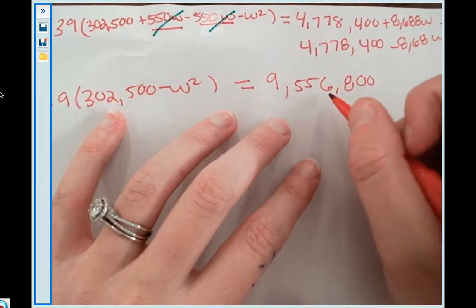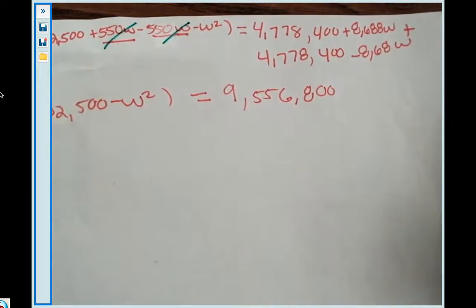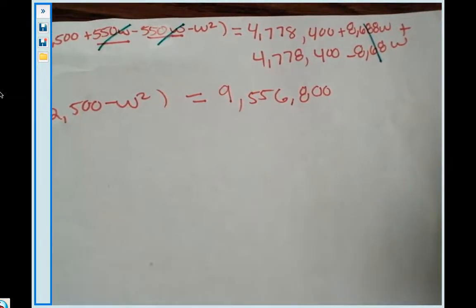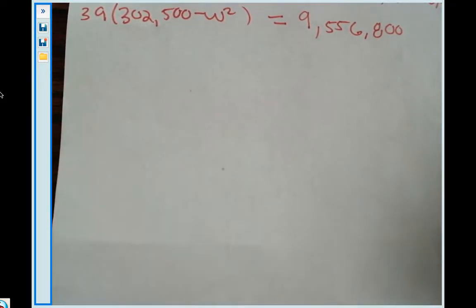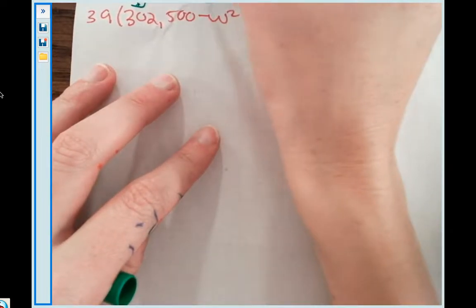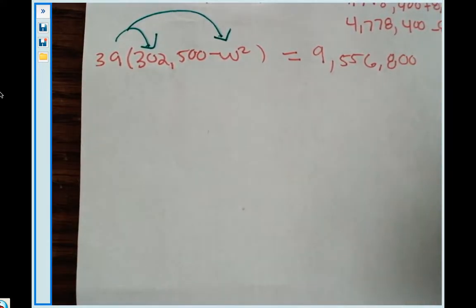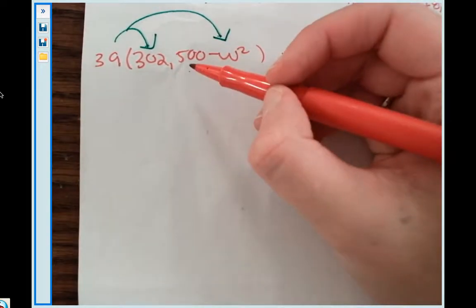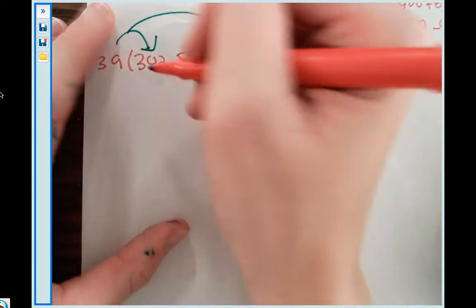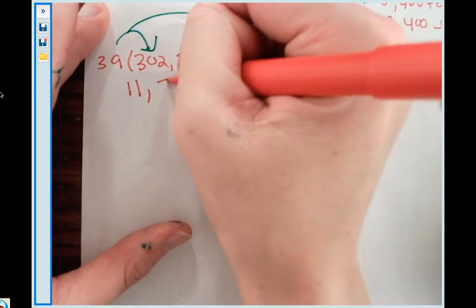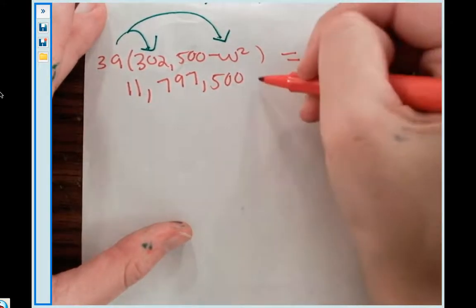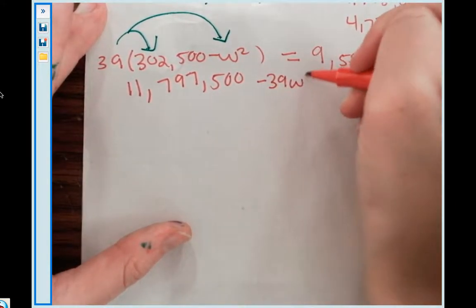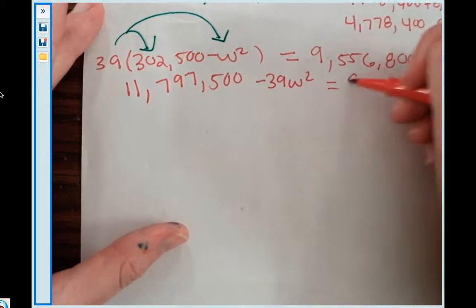So 9,556,800. And if you see here, you guys, these two are going to cancel out. Bam, cancel out. All right, so now our equation at least is starting to get smaller. So now I get to distribute the 39 to each of these numbers. All right, so 39 times this super large number is going to give me 11,797,500. And 39 times negative w squared is negative 39w squared. Equals all this, so